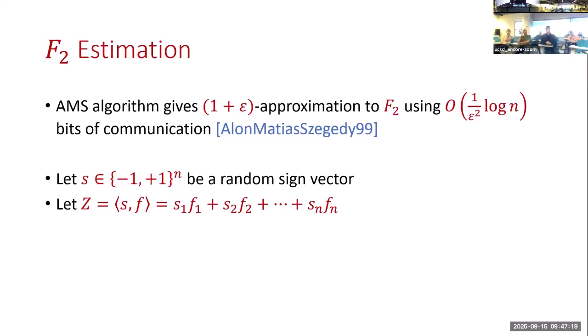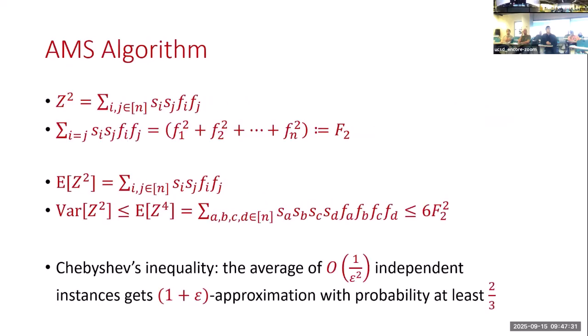So this is a quantity that we can maintain in the data stream, even if we don't get Fi exactly. We'll get updates to Fi, but we can do the corresponding transformation to get Z. Okay, so that's Z, and if you look at Z squared, it's going to be this quantity right here on your screen. It's a bunch of cross products, but the main conclusion is that because the Si are